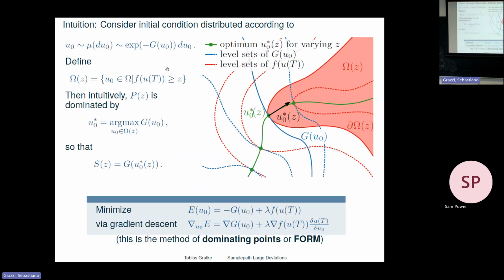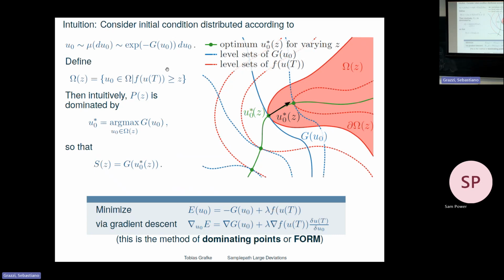And here's the confusing explanation that goes with this. I'm saying I have an initial distribution, distributed according to some measure, and I just say there is a density, and I look at the exponential of this density. So this is the distribution of initial conditions, and now I define myself a set omega. That's the set of all initial conditions that, after I integrate my system up to t and apply my observable to it, will exceed the threshold. So in other words, these are all the wave shakings at the initial point that will lead to a rogue wave further down the flume.